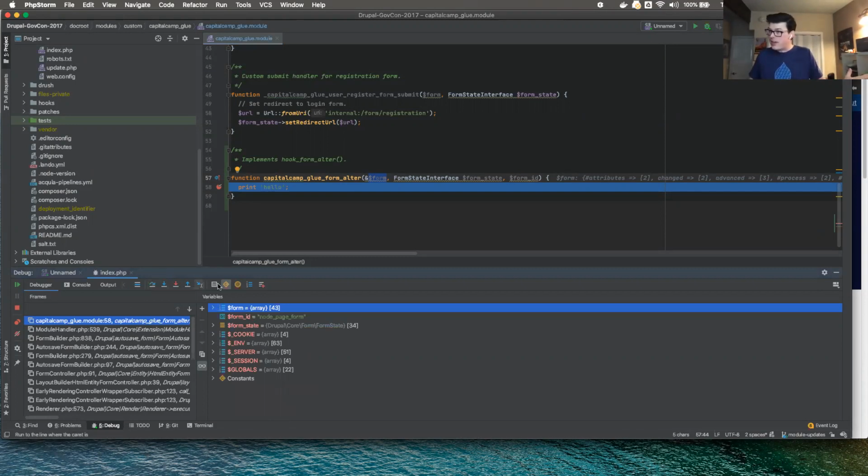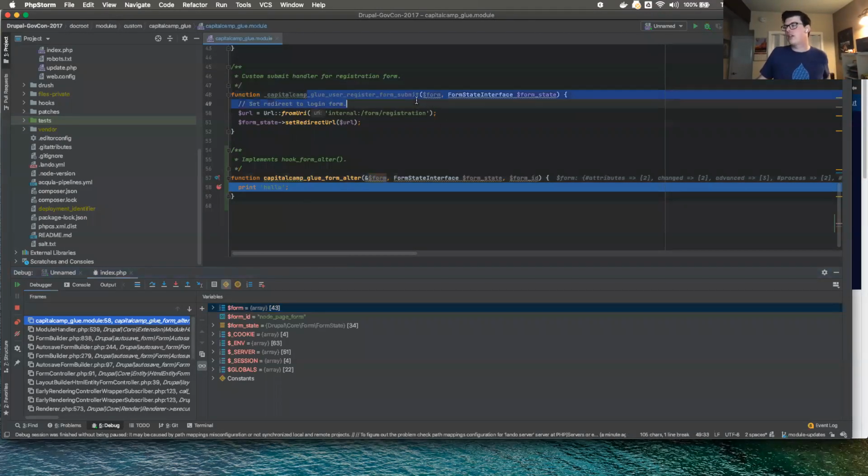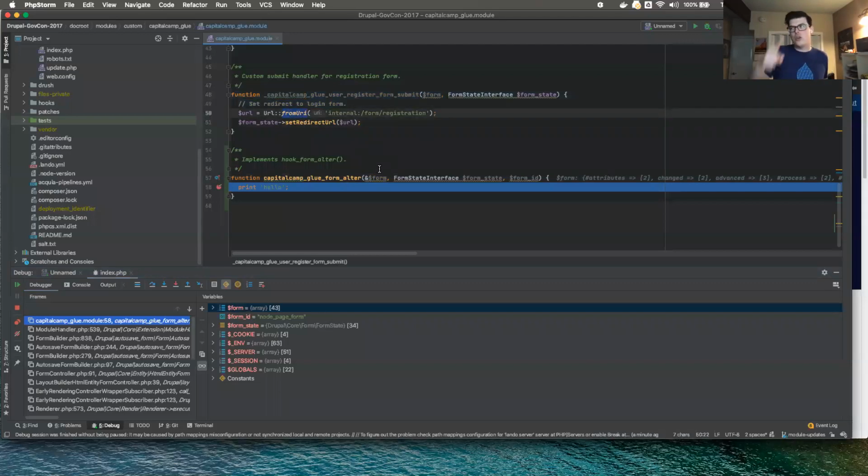So from here, I've got a couple of options. I can step down into a thing if I needed to. For instance, if I was debugging this particular form submit function, and if I wanted to step down into the URL from URI method and see what's happening there, I could. If I wanted to jump over something or bounce back out, I can, and that's kind of where all of these different items are, basically to just let me navigate.